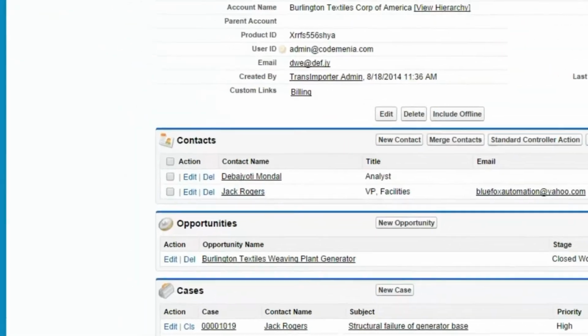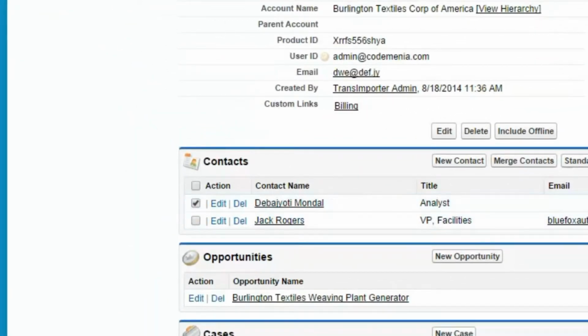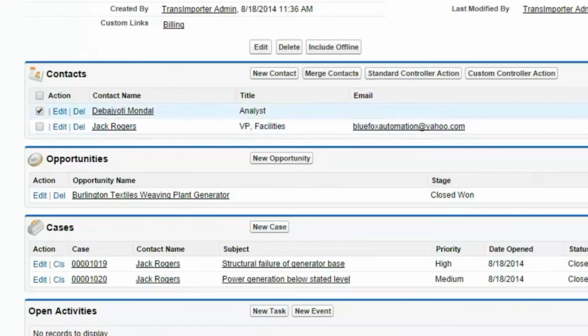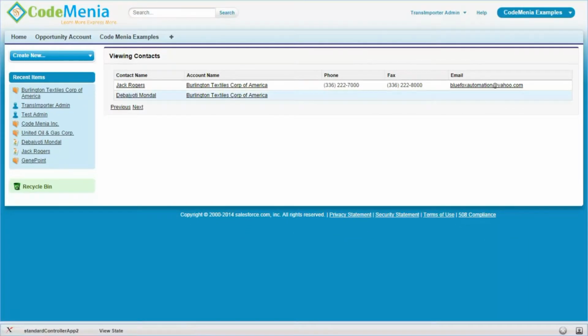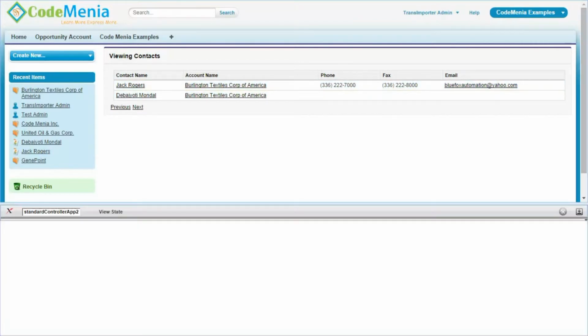Now next, this example is about to display the selected records in the related list for a particular Visualforce page, and 2 records were selected and it's displaying 2 records. You can also place the pagination here.